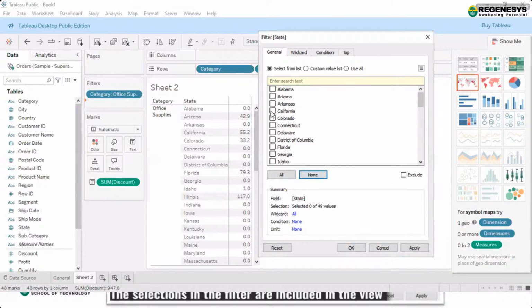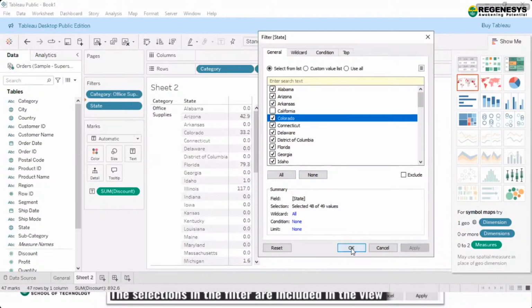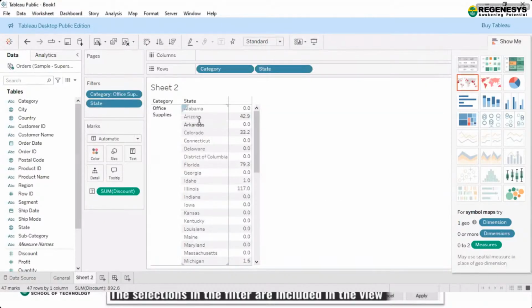And now if I click here and exclude it, this is also one way that you can do. Or what you can do is just select all and uncheck this. It means it will include all and will not include California. So either way you can do. When I'm doing apply and okay, you can see I'm not having California now in the list.